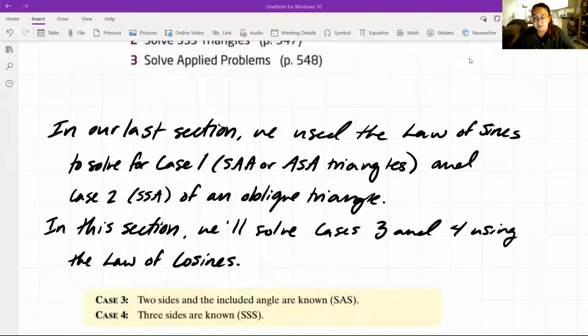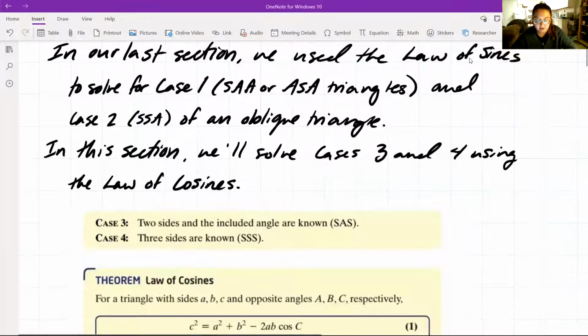So in our last section, we used the law of sines to solve for case one, which were side angle angle or angle side angle triangles, and case two, which were side side angle of an oblique triangle. So in this section, now we're solving cases 3 and 4 using the law of cosines. Case 3 is two sides and the included angle are known, and case 4 is that